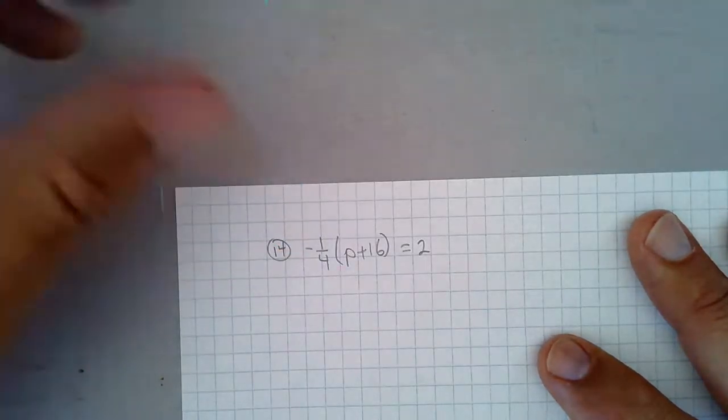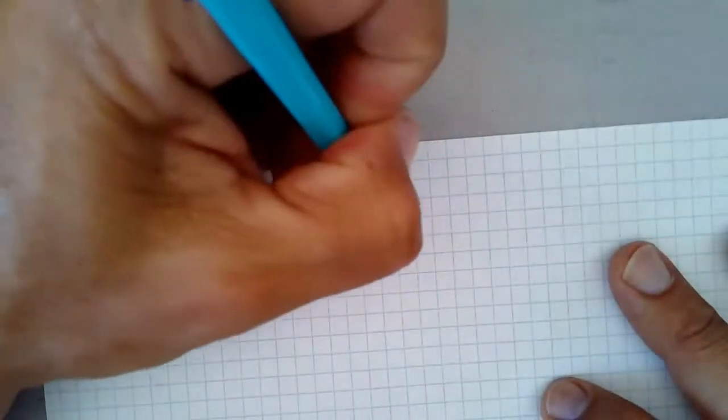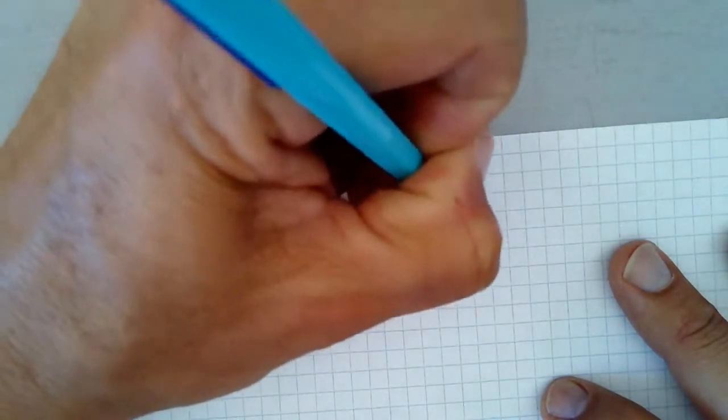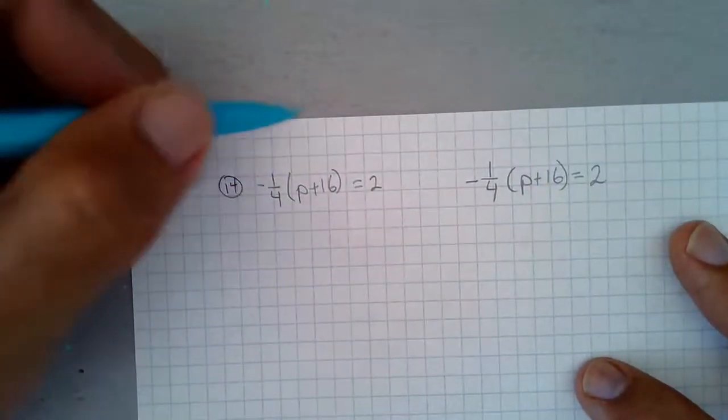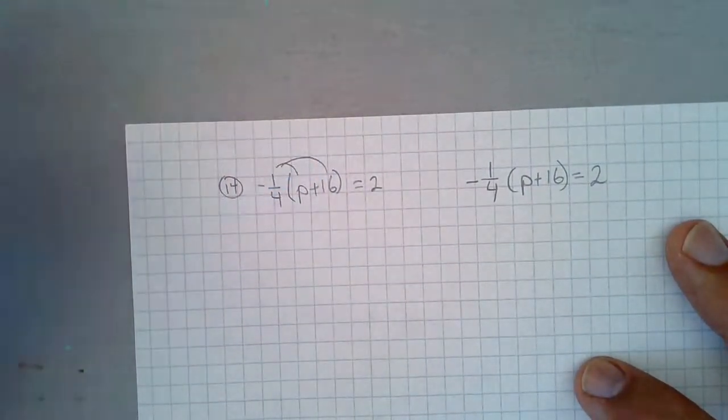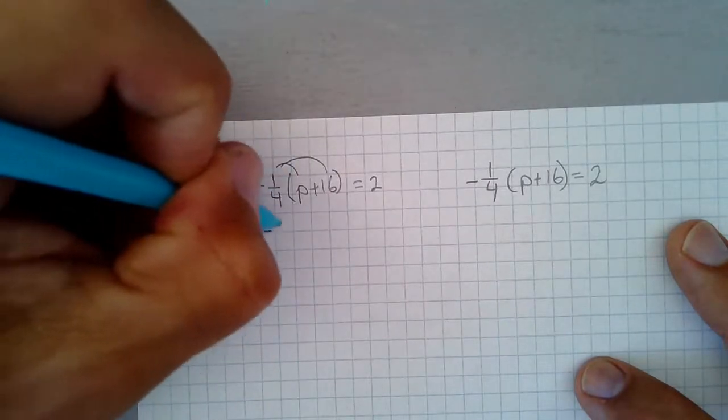Or I have two ways of doing this. I'll show you two different ways. I don't know which way you'll like better. I'm not even sure which way I like better. But in this one, I could distribute this. This is negative 1/4